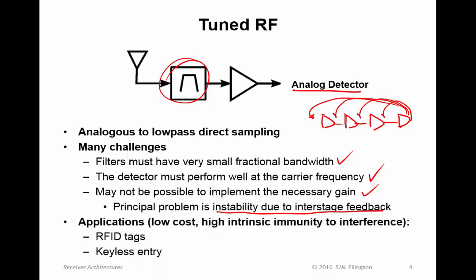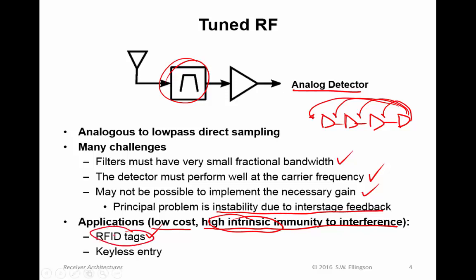There are applications for this approach, though. It does appear in applications where low cost is imperative and where you can manage to have high intrinsic immunity to interference. The two applications that come to mind right away, one is RFID tags. So in radio frequency identification, we need receivers which are extremely inexpensive. So frequency conversion is just out of the question. But we can design modulation schemes that trade off data rate for robustness to interference, and that's what allows us to do